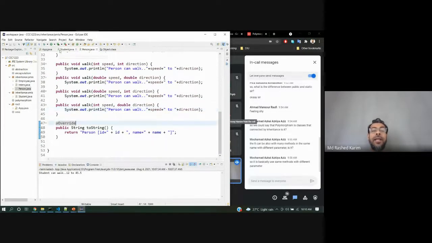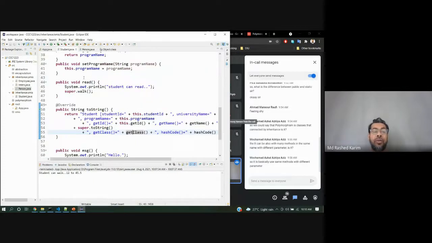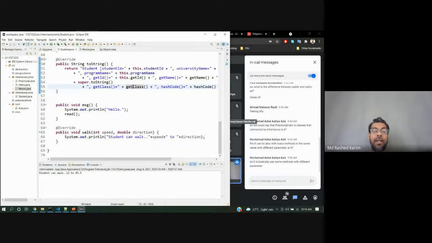So I also put this @Override to show that this method is not only for you, your parent also has the same method, the same signature, exactly the same.